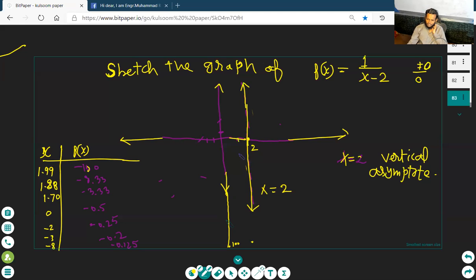Our graph is always negative, giving always negative values. And here are more negative values when we are close to the 2. When we increase the values, then our graph will be closer to this. So this graph will be in this way. Clear? The other side will be opposite to this graph. We will rotate it 180 degrees.